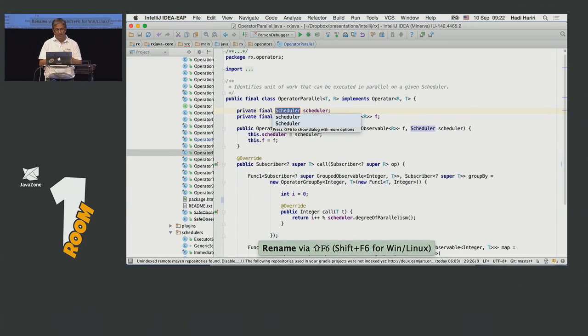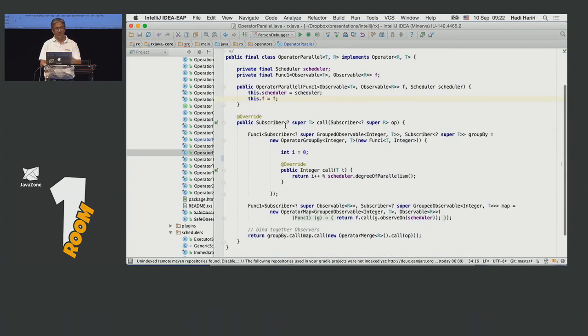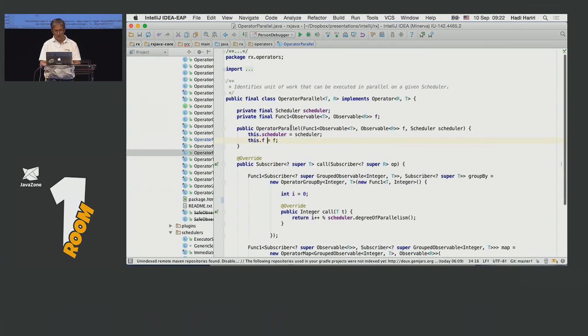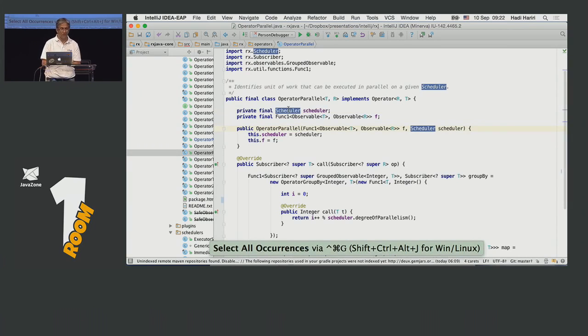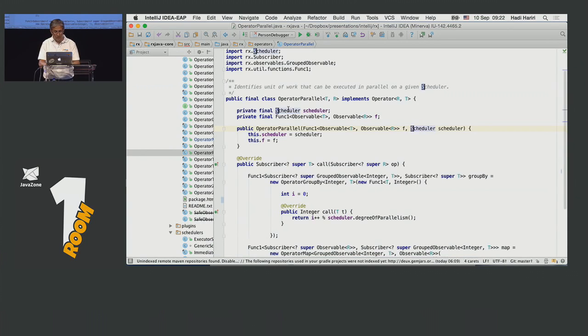But not the class, the variable, which is local to this file. Yeah, but you should be able to do the refactoring in scope as well. Okay, we'll see that when we get to refactoring. So yeah, also Control Command, it should be Control Command G, will select all of the scheduler words, okay, and get multiple cursors there. And of course, you can also do a copy and a paste with multiple cursors as